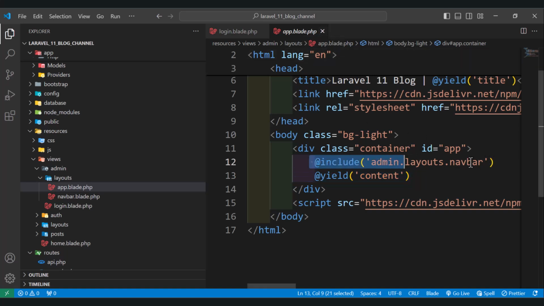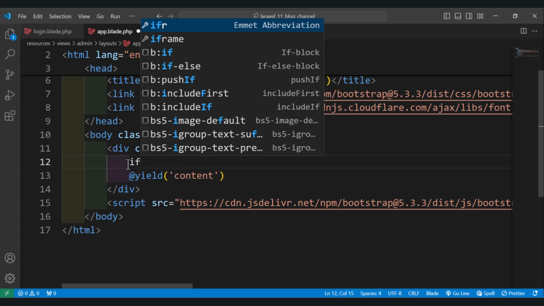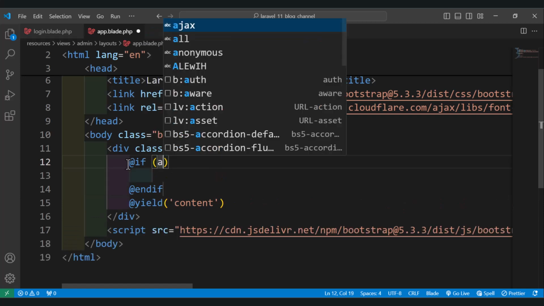Okay, so we need to check if the admin is logged in. Let's remove the id up here because we are not using UJS. Let's use the same thing. The only difference is we need here to check using if. So if the auth